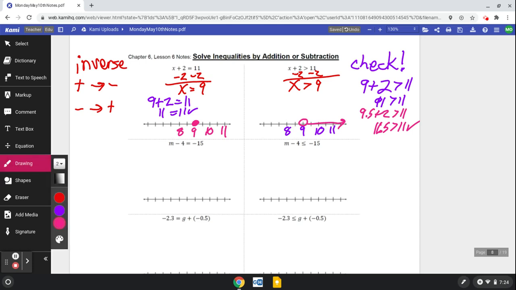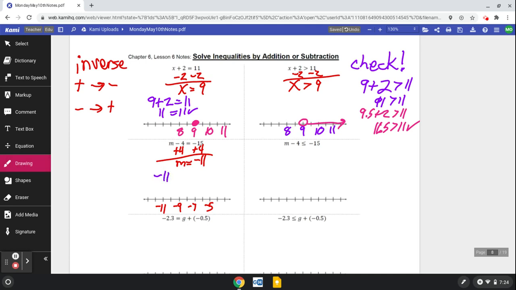Okay, let's check again with m minus 4. Well, that means you're really adding 4, but then you have to follow those integer rules. Same signs, add and keep, different signs, subtract. You owe me $15, but you give me 4. So that means you are going to owe me still $11. Okay. Negative numbers, remember, as they approach 0, they are different. Okay, so like 0 would be all the way down there. So if I was to check this,